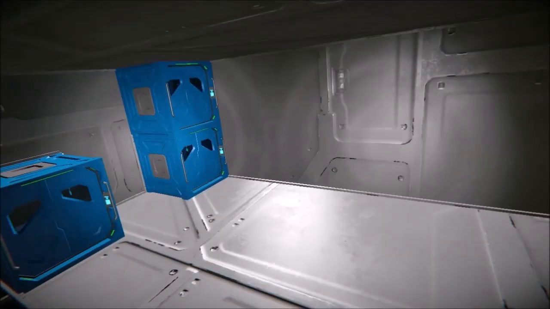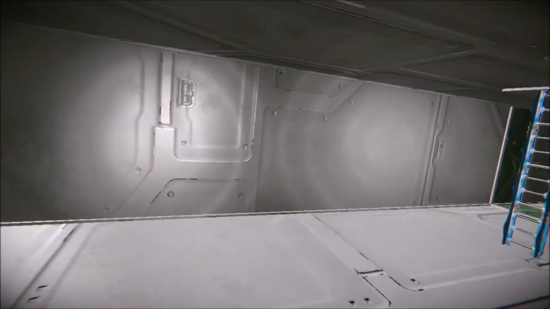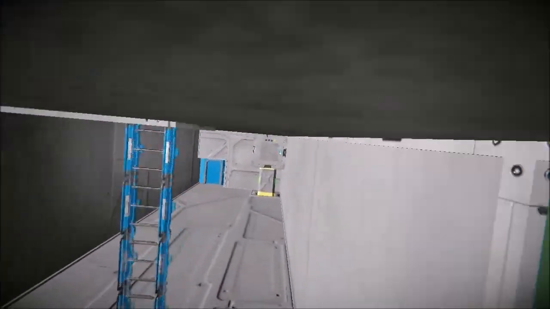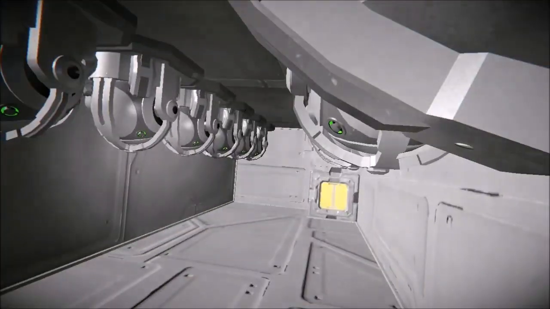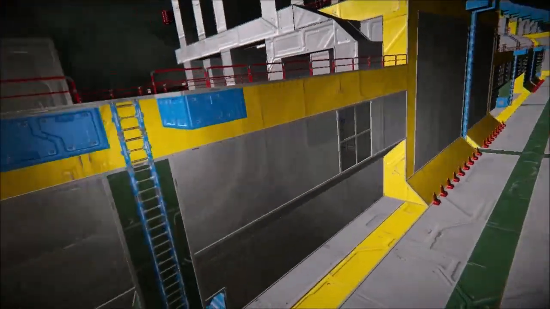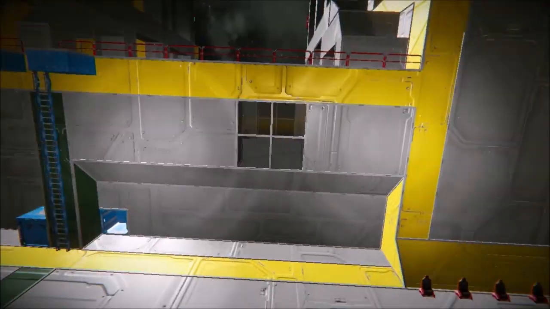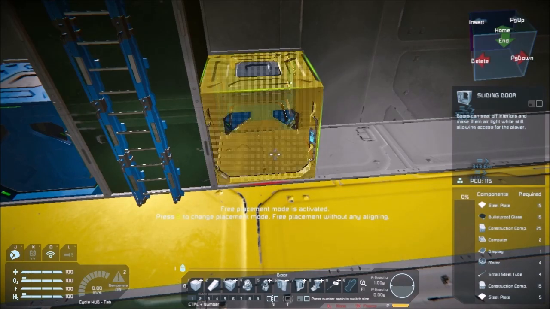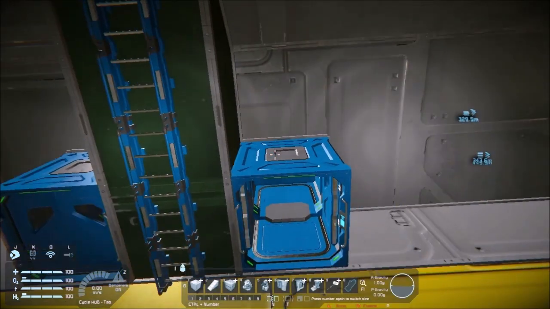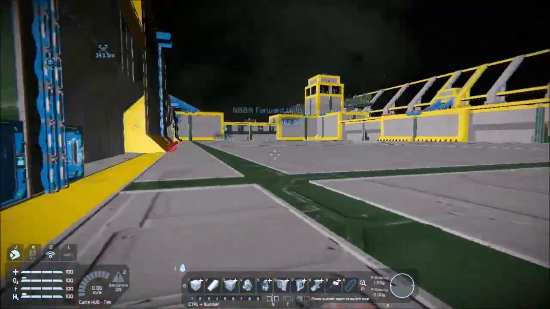Wait, where's the oxygen for this room? Oopsie. Oh, there it is. And it says no oxygen. It should have oxygen, I don't know why. Well, at any rate, there should be seats and it should have oxygen. And it has some windows. I need to close it, but that is closed, so I don't know. Well, at any rate,